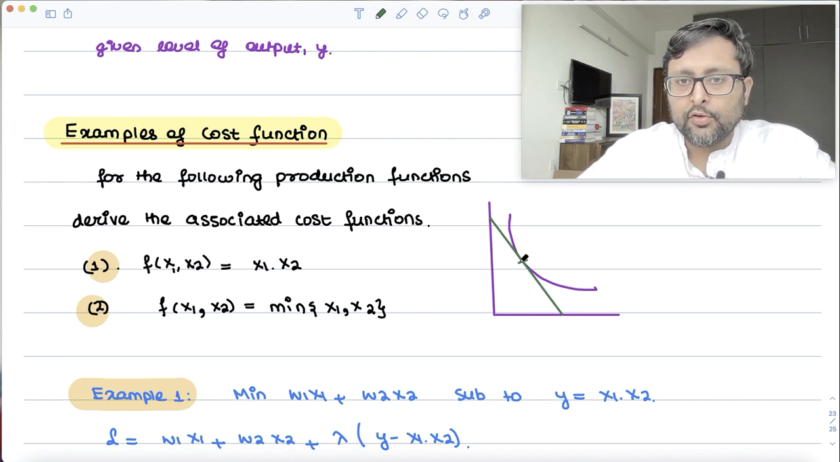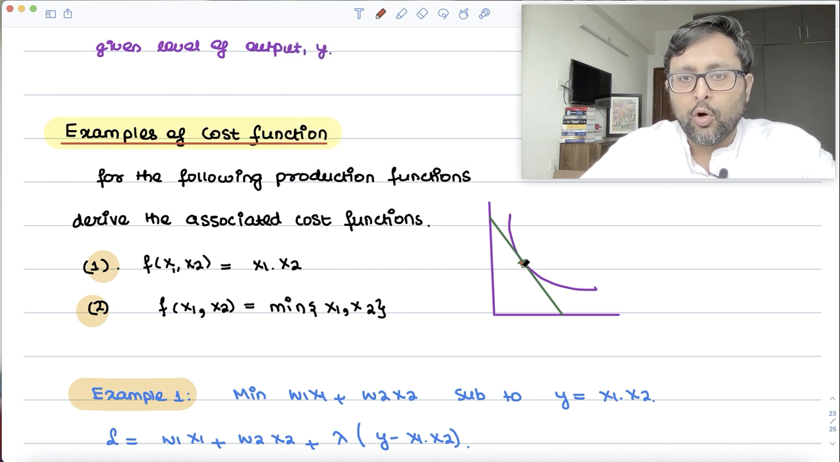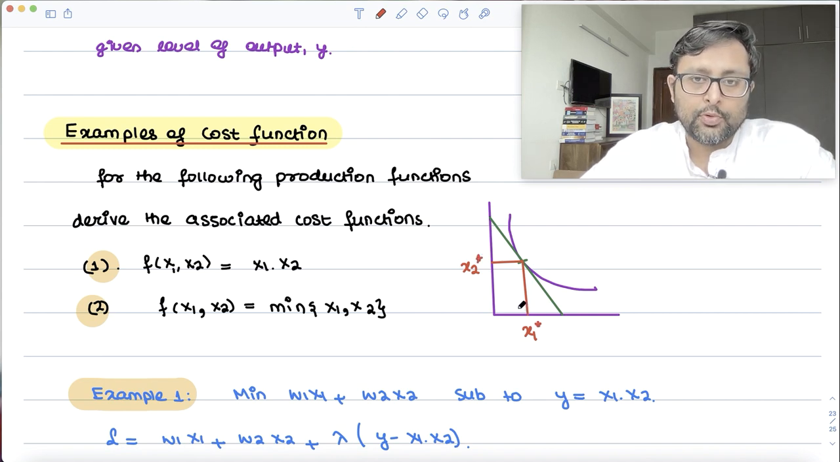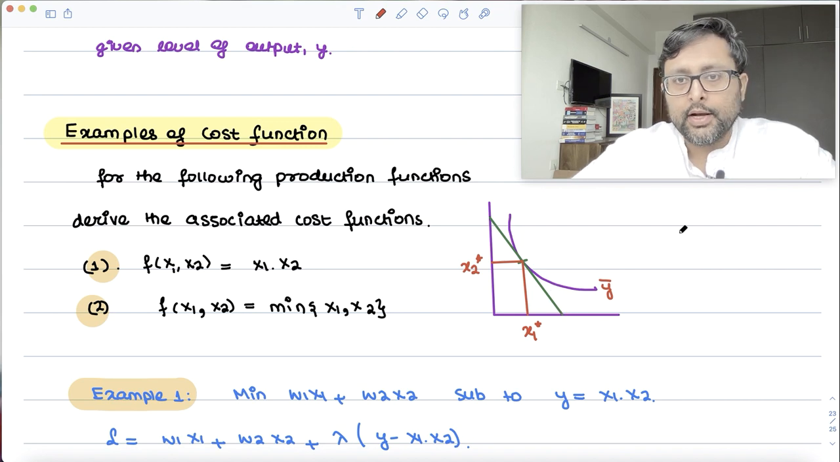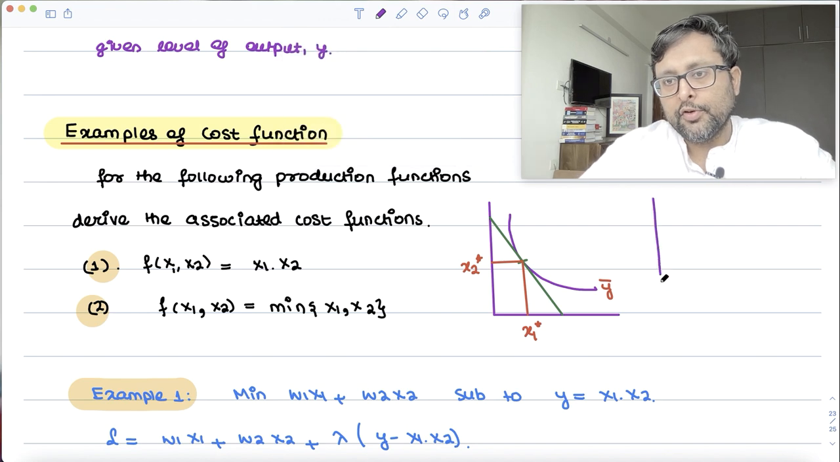So you found out, and this is what the equation of the isocost line is: W1 x1 plus W2 x2. And from here, you have been able to find out the optimal amount of inputs as a function of input prices and output. So the only thing is that you are given the output, and you want to minimize this, right? Here also, what you did for the perfect complement case,